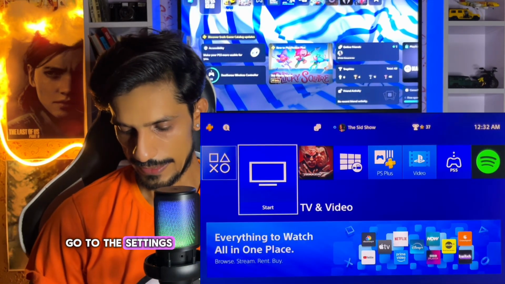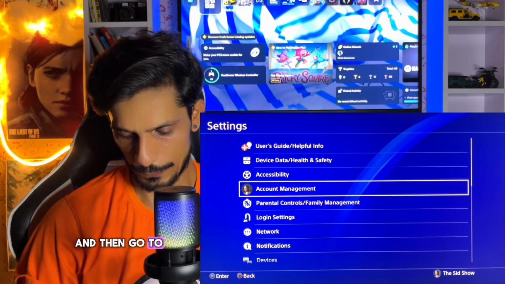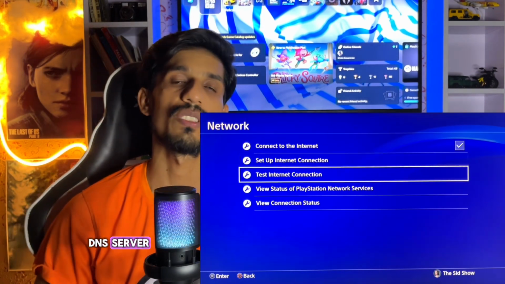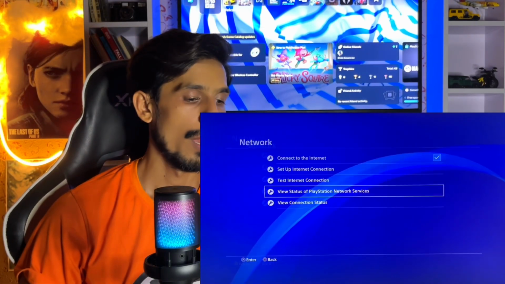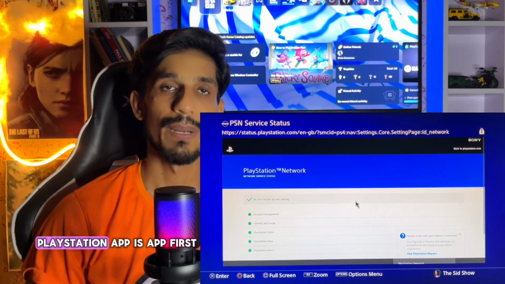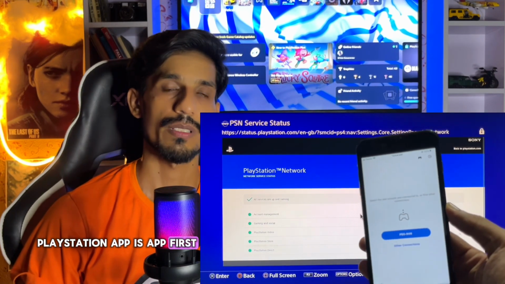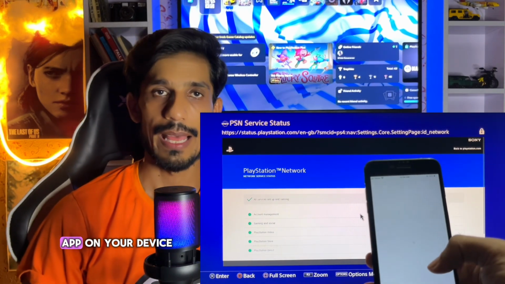Go to the settings. Here we are, go to the settings and then go to the network. You must check the DNS server. Sometimes the DNS is not working, that's why you are not going to connect with your Remoteplay, and you must just sign in to your PlayStation app, PS app first, and then you just connect with your Remoteplay app on your